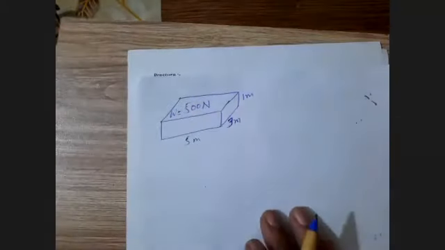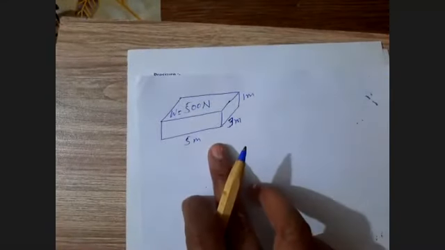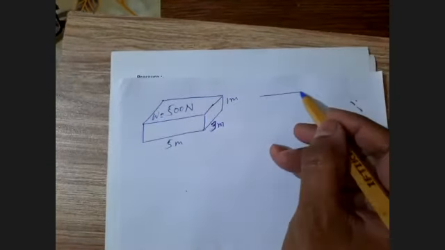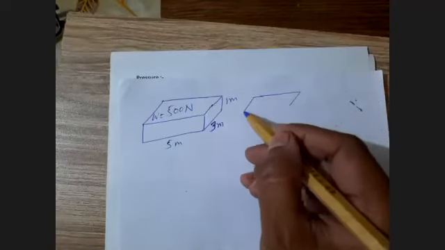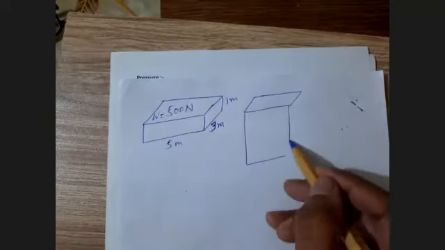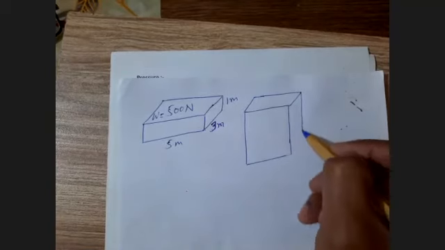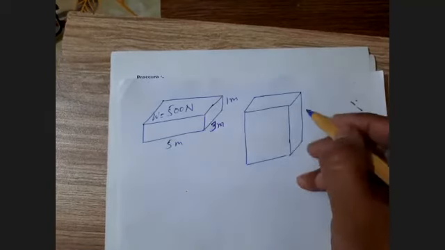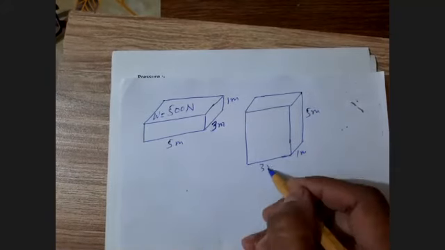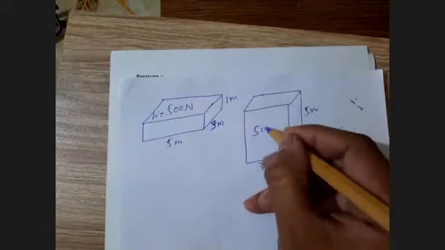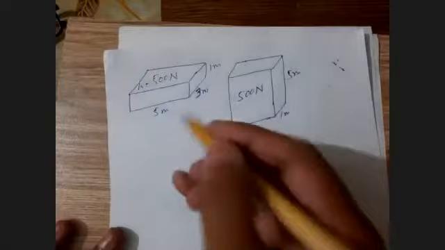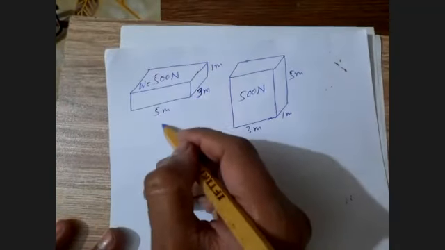Now we will have to see that if it is lying in this orientation, how much pressure is being exerted. I am going to show you two orientations. This is the height, 5 meters. This is 1 meter, and this is 3 meters. This is the same box of 500 Newton weight. Here in the first case, situation A, the first situation,